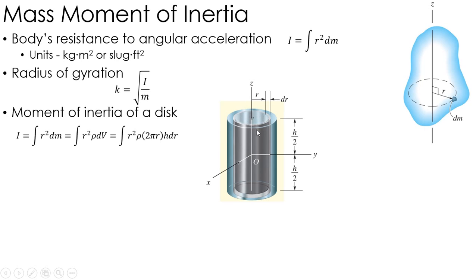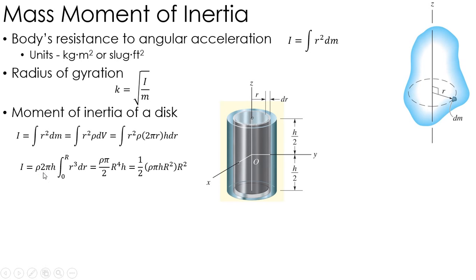So I'm taking the circumference times the thickness dr times the height h, and that's the volume of this thin shell. Now integrating from 0 to R, capital R being the radius of my cylinder,